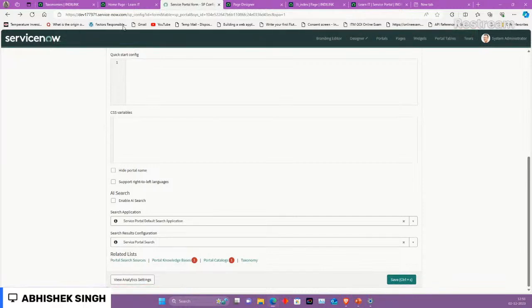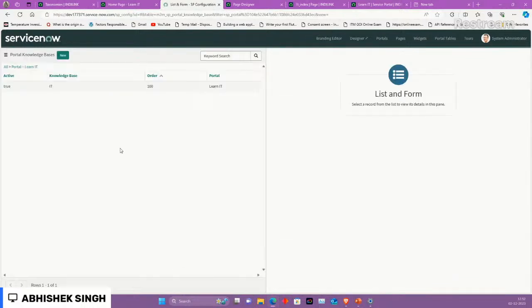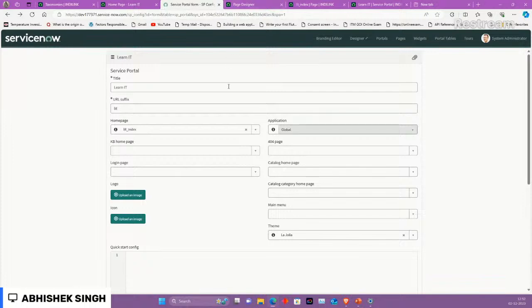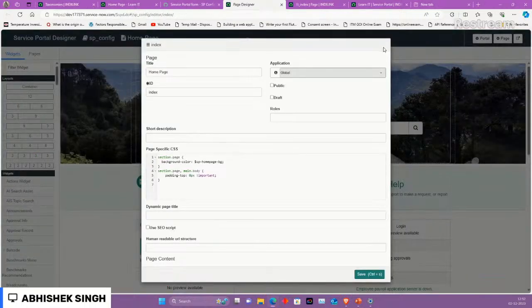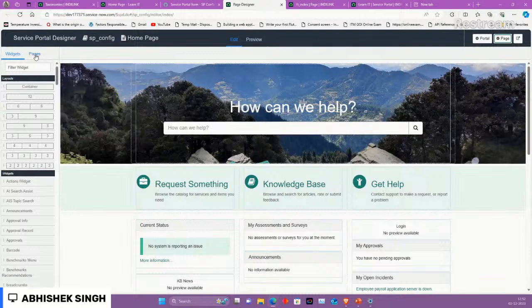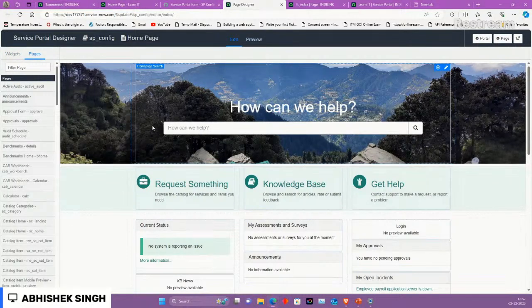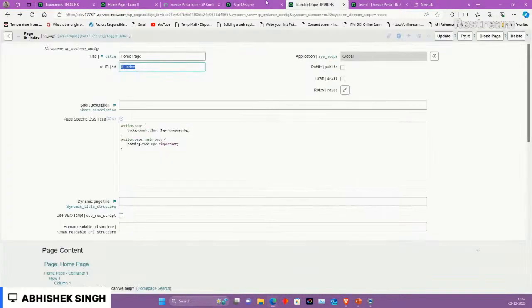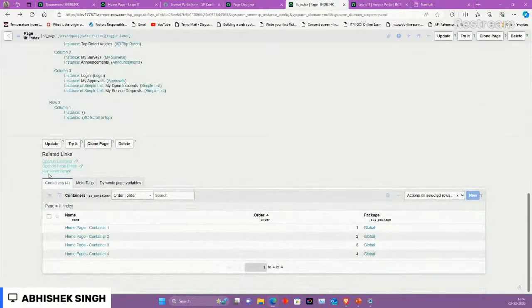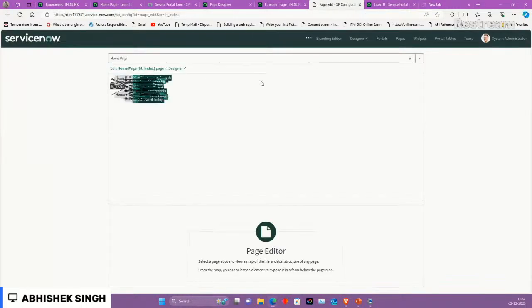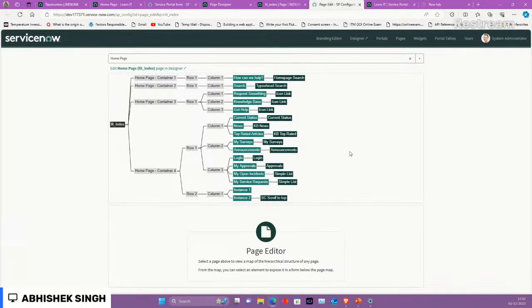And to access related lists from the SP configuration page, you can use the related list section over here. But like opening it, I just clicked it, right. Opening it is real slow and a pain, so I prefer doing it from the backend. We will open this. So this is your page designer, and let me just go back to open in page editor, right? Yeah, just give me a second. Okay, so